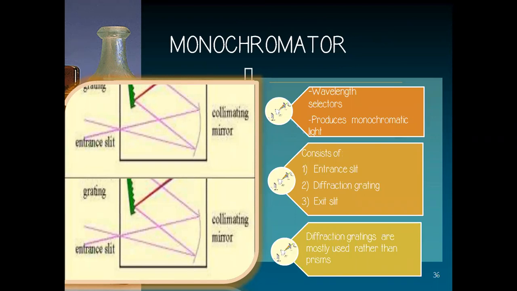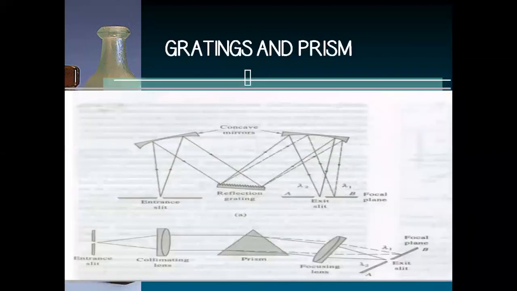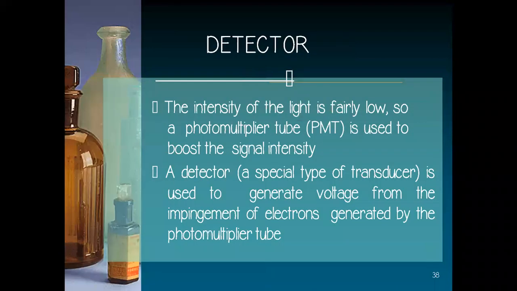The monochromator that we are using is responsible for selection of a particular wavelength and produces monochromatic light, and it consists of an entrance slit, a diffraction grating and an exit slit. ये तीन प्रकार के slits के अंदर हमको दिखती हैं. पहले हमको entrance slit दिखती है, फिर हमको diffraction की grating मिलती है, और lastly exit slit मिलती है. The diffraction gratings are mostly used rather than prisms. इसके बारे में भी हम लोग previous methods में काफी बार discussions हम already इसमें कर चुके हैं. So the differences between grating and prisms we have already discussed quite a few times, so I am going to overlook this.